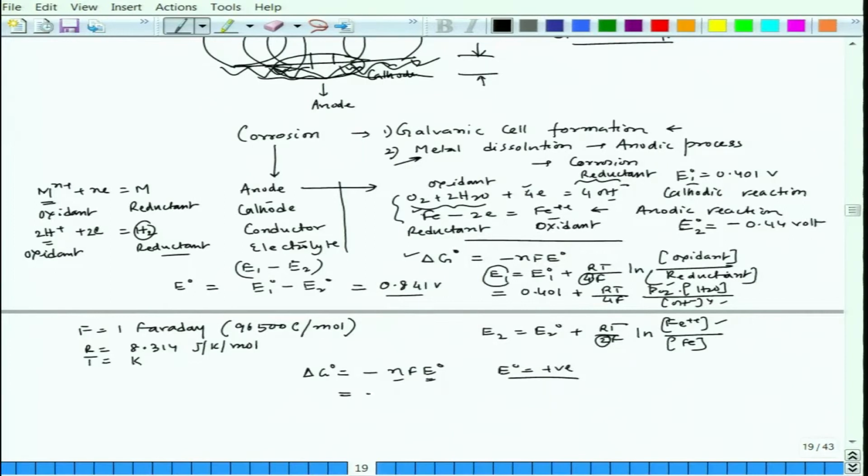hence this would be negative, and we know if the free energy change is negative, we do get the reaction to continue. Okay. And if you take non-standard condition, that time delta G would be minus nFE. So, that time no standard values are to be taken, we have to calculate the actual value, fine. So, this time also this will become positive, negative. So, both these reactions will continue if we have supply of oxygen as well as a huge source of iron, because the iron plate is corroding.